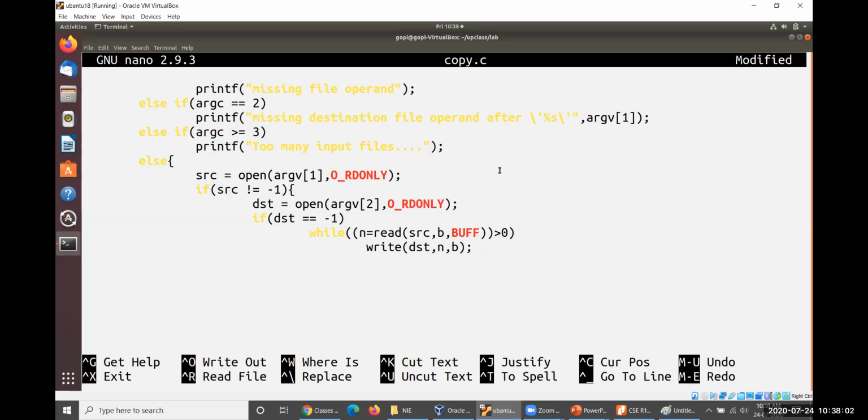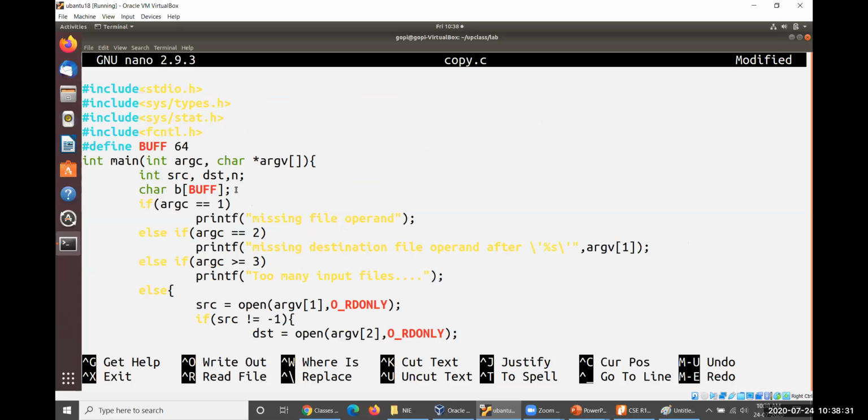But we have to consider the case where the destination does not exist. This whole story will be taken into consideration. If it is not -1, the destination could exist. What exactly do we have to do? Otherwise, we'll consider that yes, the destination does exist. Then I have to give a chance to the user.